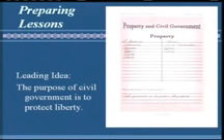Property and civil government. We've been talking a little bit these couple of days about the purpose of civil government. What is the purpose of civil government? Is it to be our great provider? It's to protect our liberty. All right. So it's important to teach our children that.